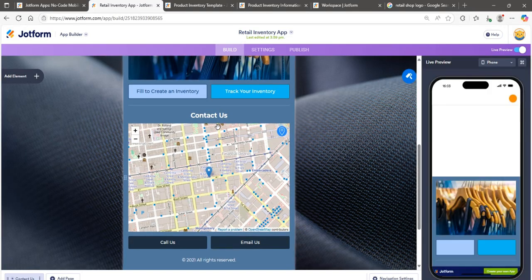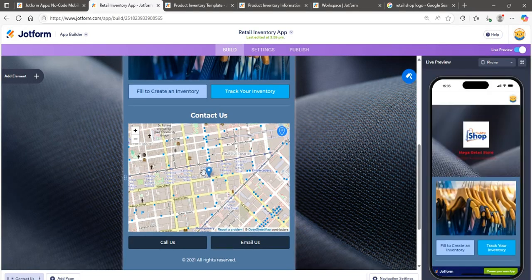Now under contact us, this is exactly where you can get the store location. You can use this map if you need it. If you don't want to use it, you can delete it, but we're going to leave it here for now. Then